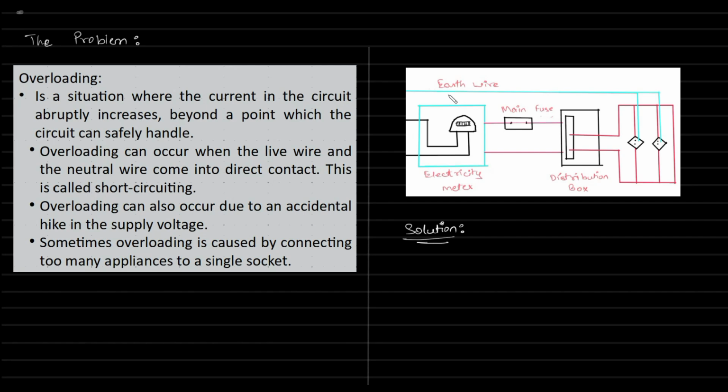Have you come across a situation wherein you have current in some part of the house but not in the other part? Sometimes your house does not have current while your neighbor has. Have you come across this situation? Half of the houses, there's no light. Any idea? So whatever the issue over here is, it's called overloading,